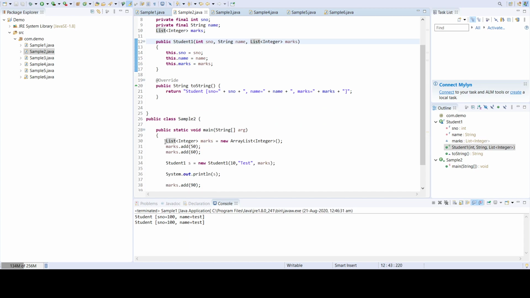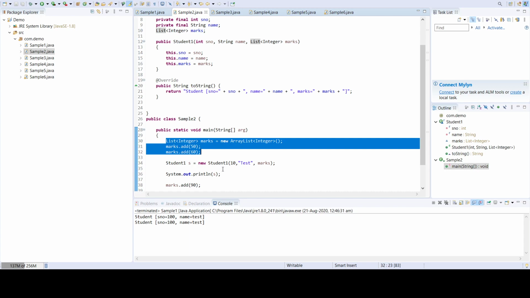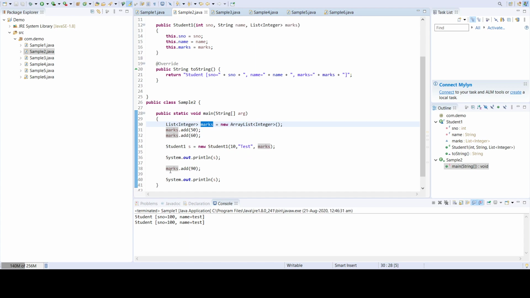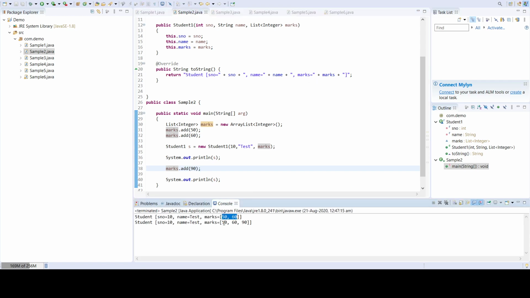We have a reference to the marks outside of the object as well, and we are passing it to the constructor. Using the reference we can update the value, and once you update the reference, it will reflect in the object itself. Initially we have 50 and 60. After adding the value, the same object provides a different value. So the state of the object is getting updated, and the immutability is broken here.